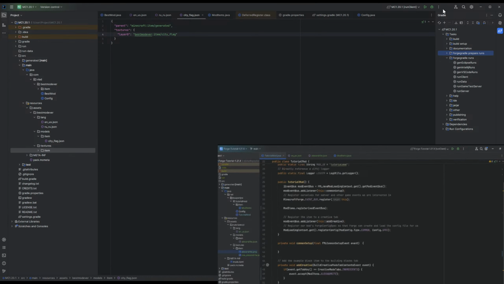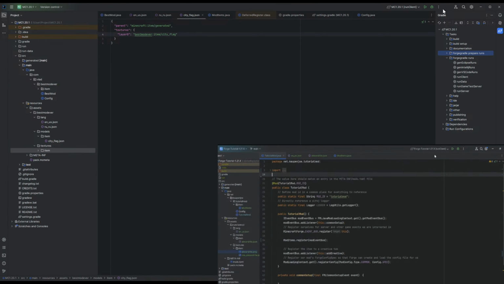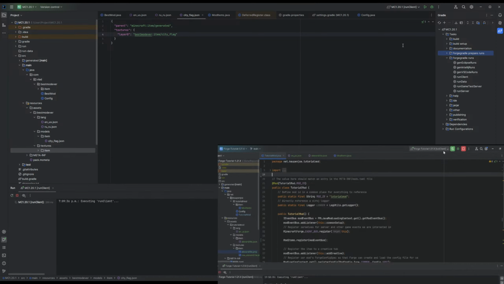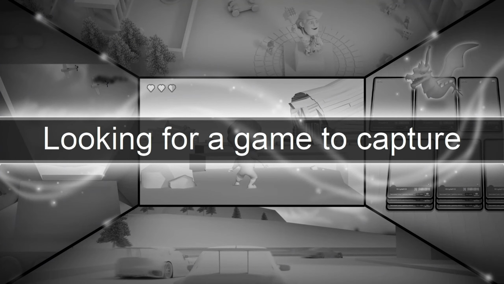But once all of those steps are through, what we can then do is simply, over here at the top right corner, hit the run client button, and then jump into the game and see our item the first time. All right, finds us back in Minecraft, and let's go to the ingredients tab at the very bottom, and we can see